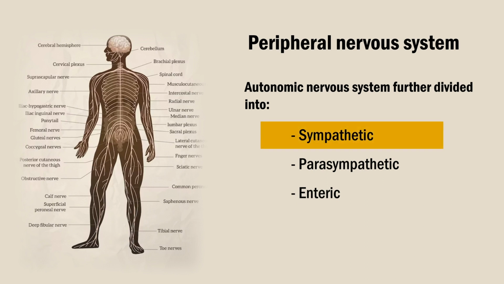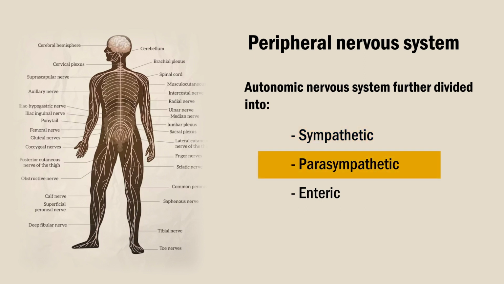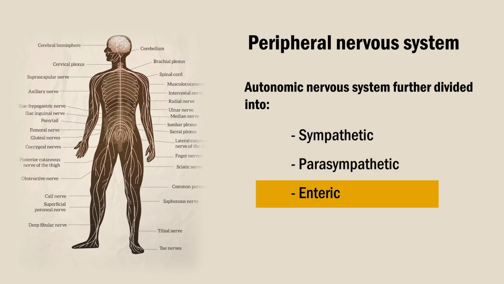The sympathetic nervous system activates body processes that help you in times of need, especially times of stress or danger, while the parasympathetic nervous system does the opposite of the sympathetic nervous system. This system is responsible for rest and digest, body processes that occur when the body is at rest. The enteric nervous system is an independent part of your autonomic nervous system and manages how your body digests food. It manages the operation of the